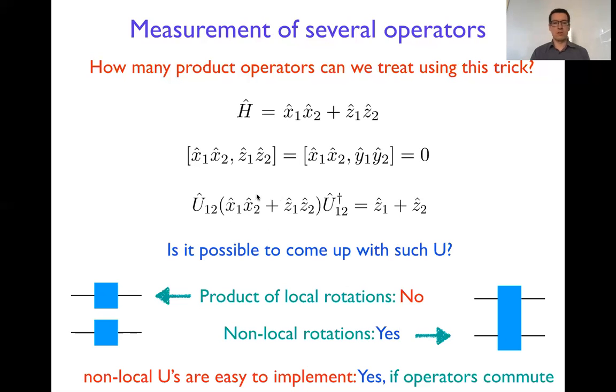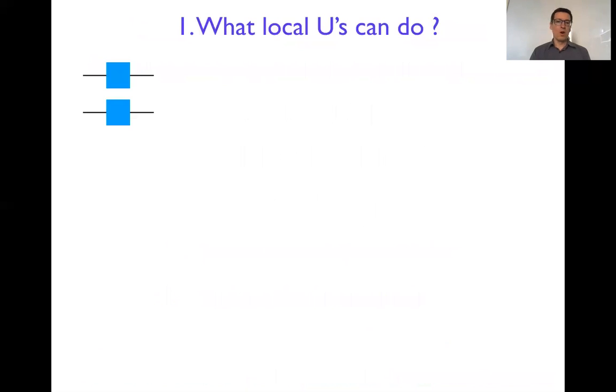And for that, you need this transformation to be done on the classical one. Okay, what local unitaries can do, because these local unitaries are cheap. You can just act on a single qubit at a time, and you would want to use them as much as possible. Turns out the only use of them is to, say, measure Hamiltonians like this, where